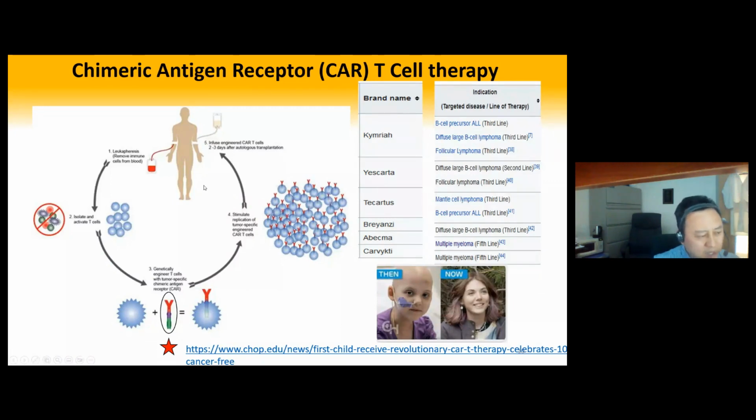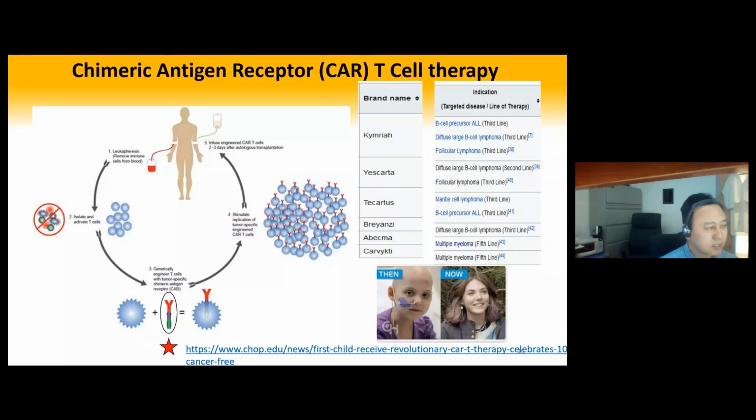And here I show you one baby. When he got this trait, he was basically sentenced to death. And he did this treatment. And this is where he is now. And literally he's cured. Okay. And along this line, there are six kinds of this treatment that have been proven. And this brings hope for cancer patients. One day, cancer can be treated as a normal disease.